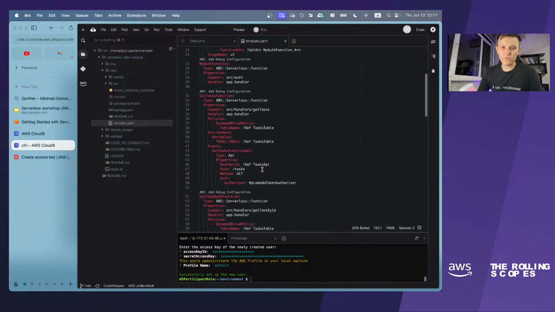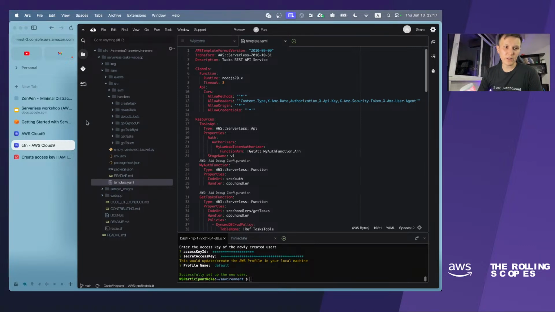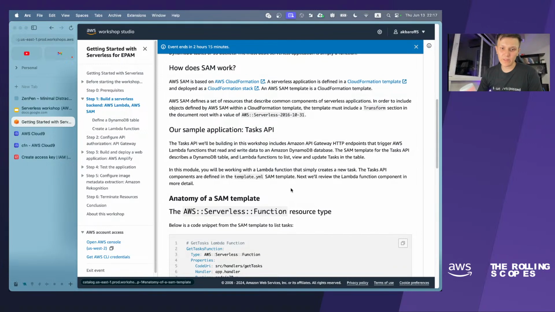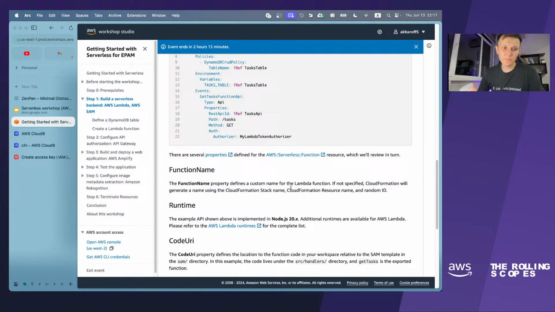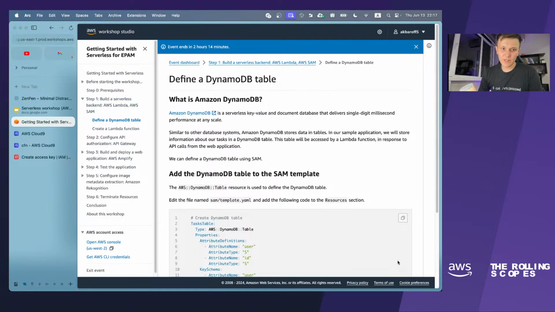Okay, we have some code here, we have infrastructure, we have some JavaScript code here in the source directory, but what should we do? Let's go to instructions and check. Okay, here are the explanations.